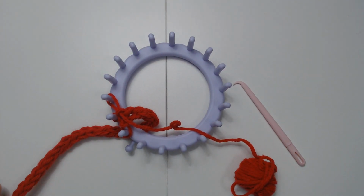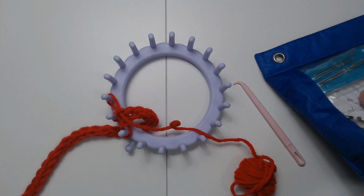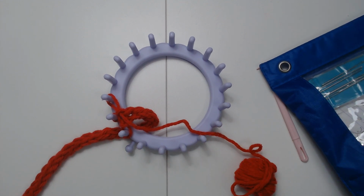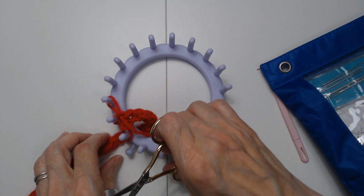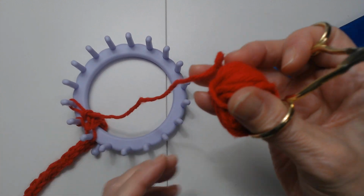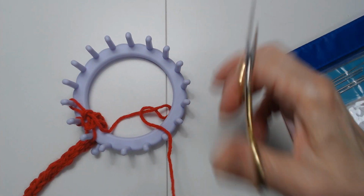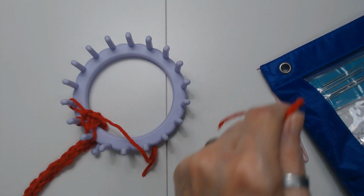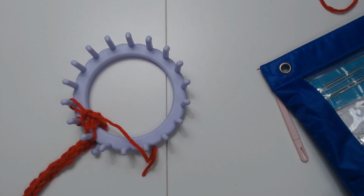Okay. And then you're going to cut your cord, cut your yarn. You're going to cut your yarn off the yarn ball here. I'll leave it a little bit, about 4 inches, somewhere around there. And then you're going to,